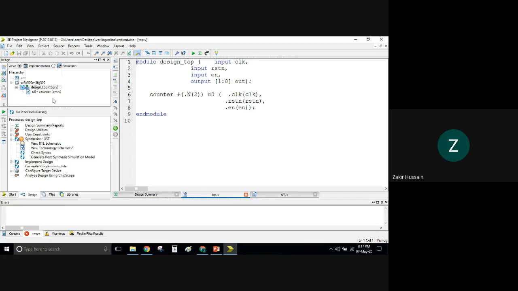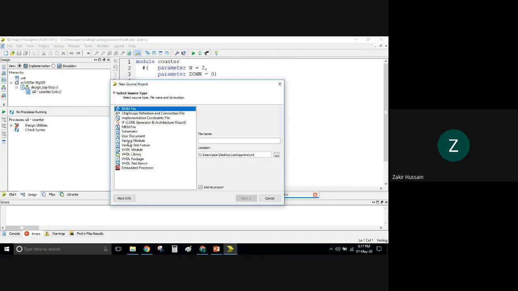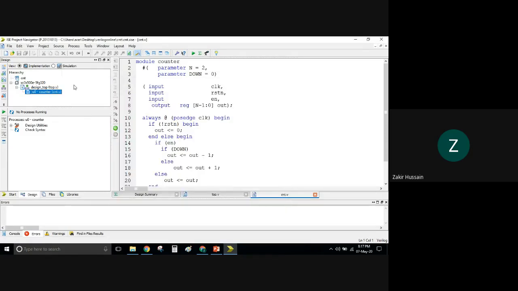So let us first develop a test bench for this. For that, as I said, you can click here, where I am hovering my mouse. The New Source Wizard will come. The other way is, being in this design window, this is one window, and this is the processes window, this is another window, and this portion where I am hovering my mouse is another window. So total 1, 2, 3, and this one 4.